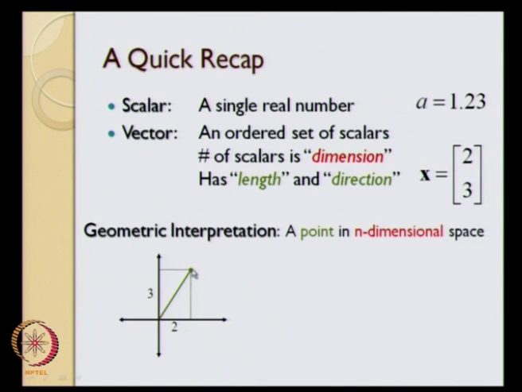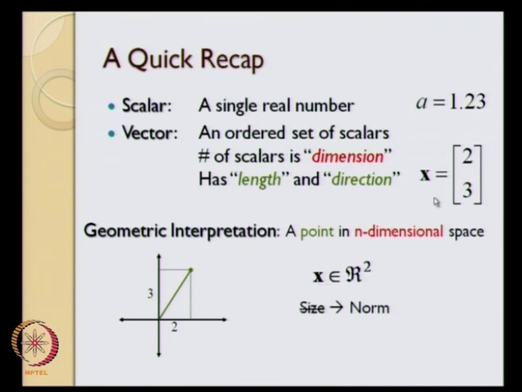Okay. So one way to look at it is a vector is going to be a point in an n dimensional space, but a more appropriate way or a more common way to look at it is it is a point that is connected by an arrow or a line to the origin. So when we say a vector 2, 3, what image it typically conjures up is basically of a line going from the origin to a point 2 comma 3, as shown by this light green line over here. Okay. So that is going to be the geometric interpretation.